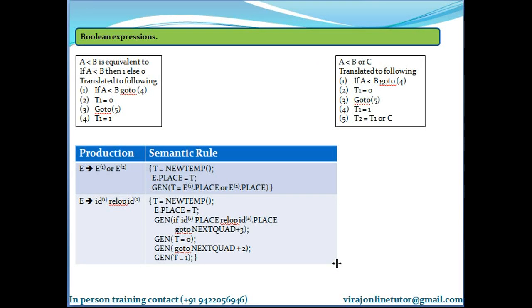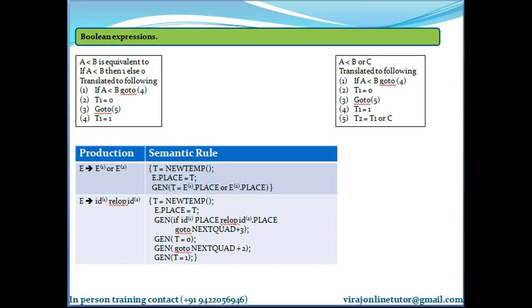So next is the Boolean expressions. Boolean expressions, everyone knows, are made up of or, and, not. So in case of Boolean, there are 3 operators: or, and, not.